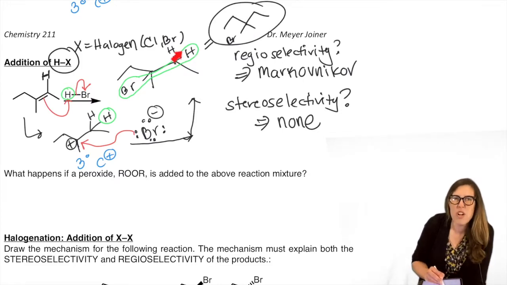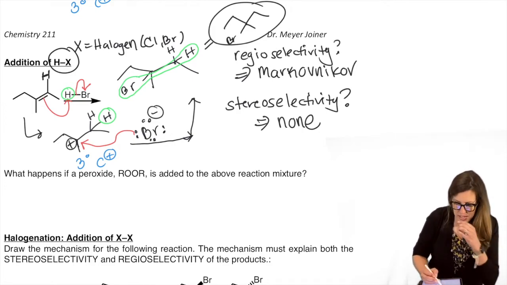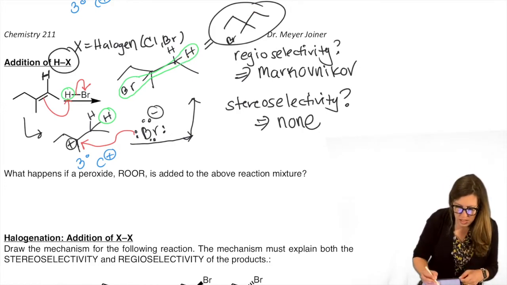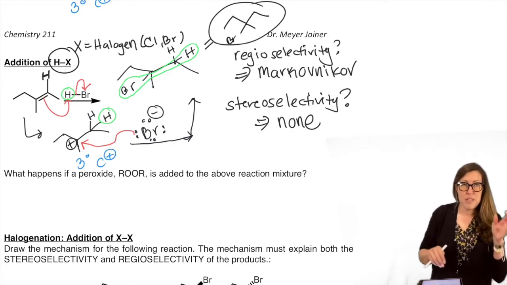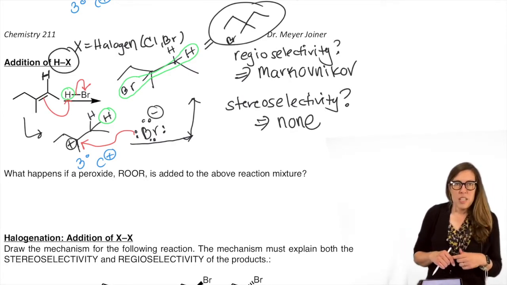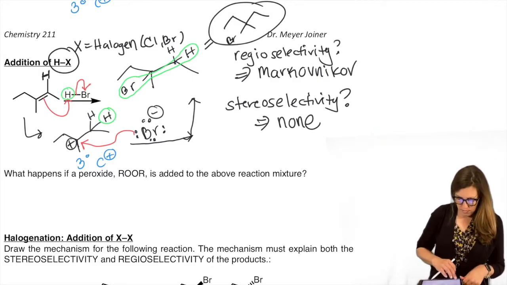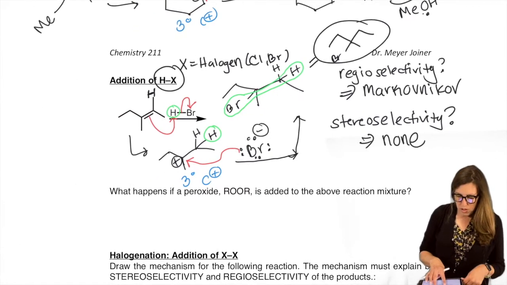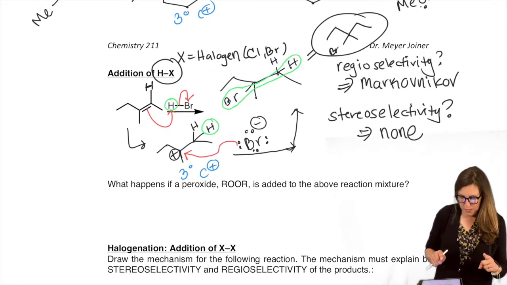The H's aren't always drawn in for you, right? We're drawing them in right now because they're new H's that we've just added, so it's nice to track them, but when you clean it up, it looks like this, and this happens to not have a stereocenter because it has two ethyls attached to the same carbon. But regardless, even if it did generate a stereocenter, no selectivity. We just have a racemic mixture, right? Now, there is a way to do the opposite. What's that, you say?